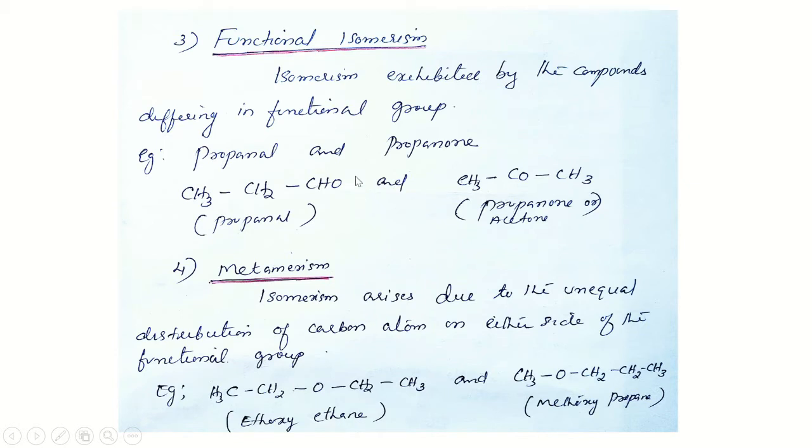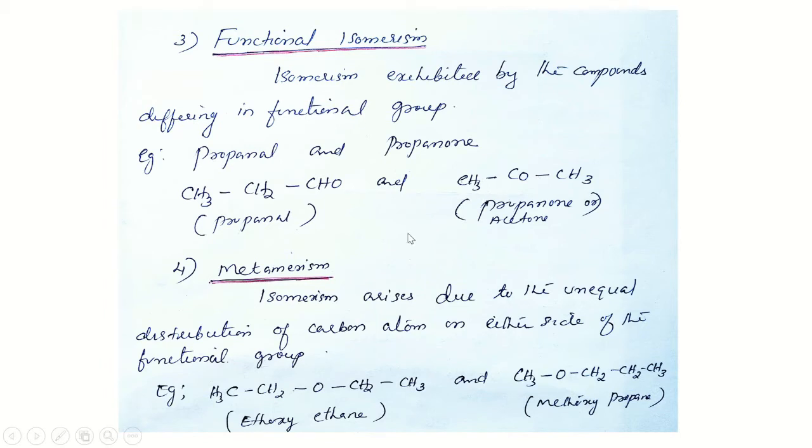And see, the same atoms can be structurally arranged like one hydrogen from this group will be added to this group, and CO will exist as like this. So CH3COCH3, now it became a ketone. So this one was an aldehyde, and this one is a ketone, but they will have the same molecular formula with a different structural arrangement. That means when you change the structure, you have got a difference in their functional group. CHO is changed here into a ketonic group. That is, the difference arises in the functional group.